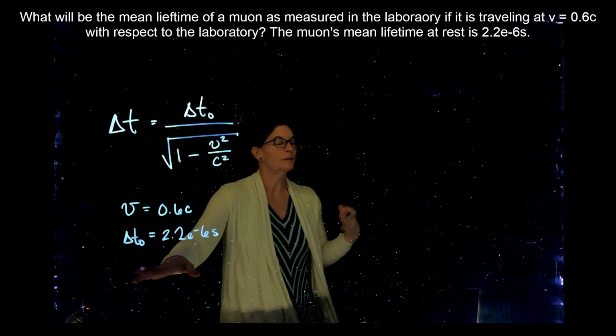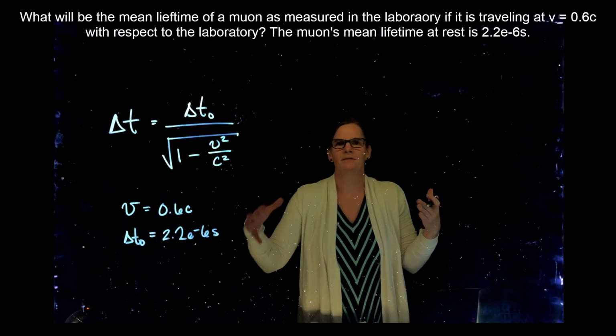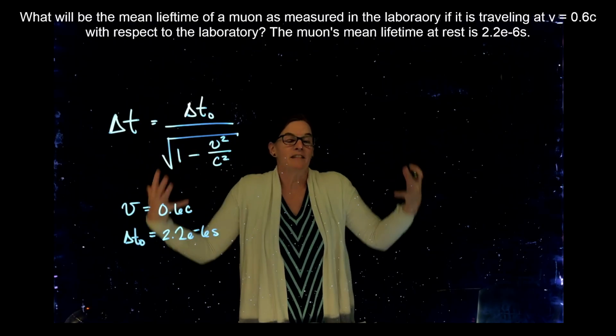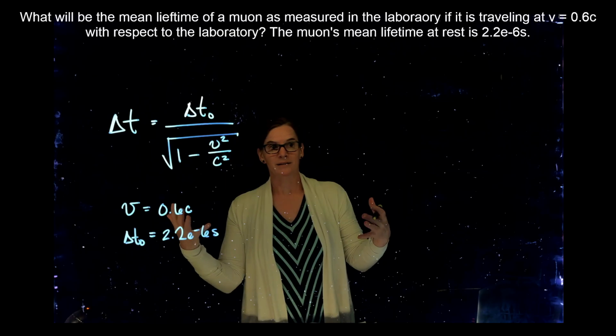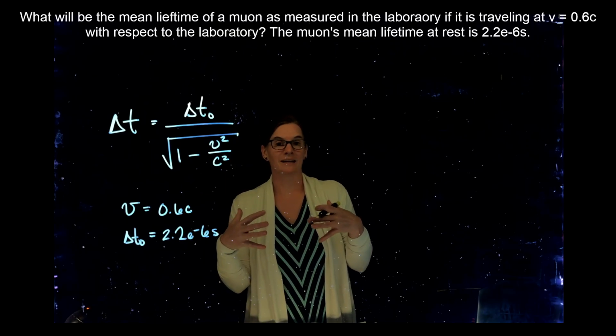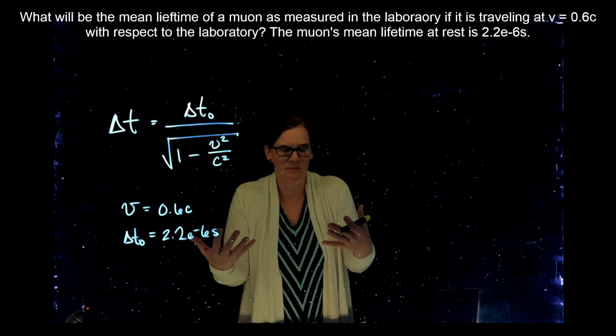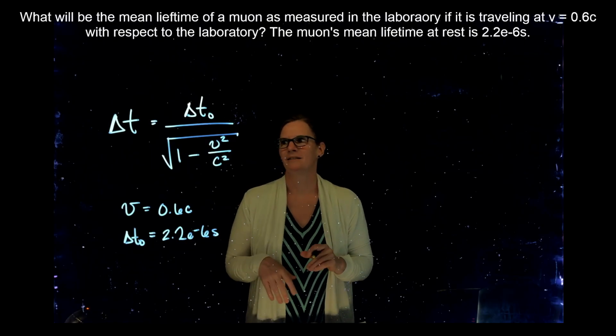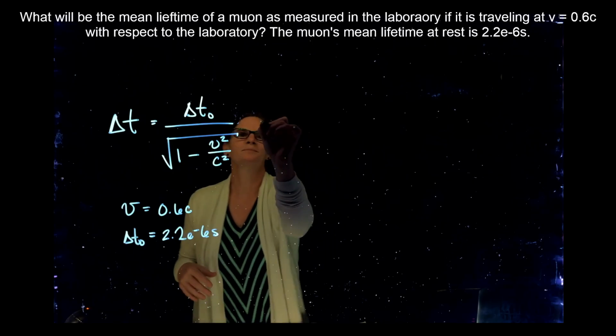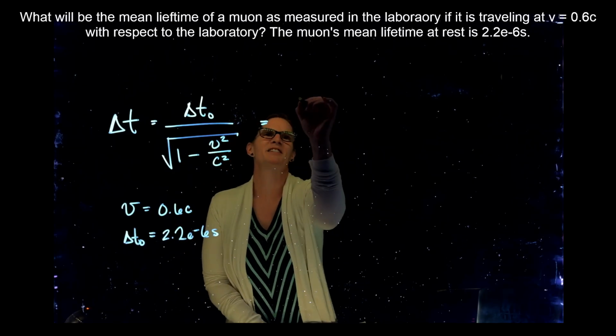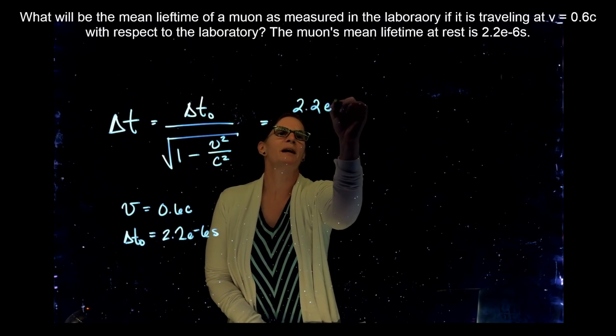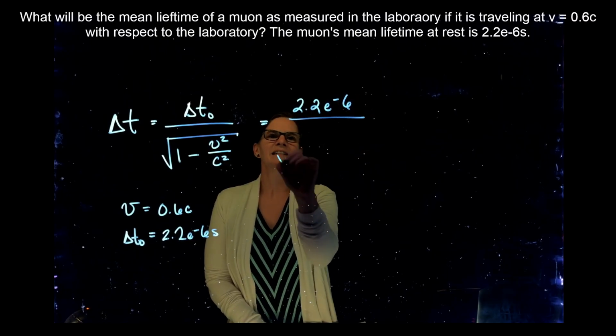I mean, we weren't told it was the proper time. We had to figure that out, right? Because for the lifetime of the muon, if we were at rest observing it, with the muon at rest, we were traveling with the muon, that would be our mean lifetime. So as we utilize that relationship, we have 2.2 times 10 to the minus 6 divided by